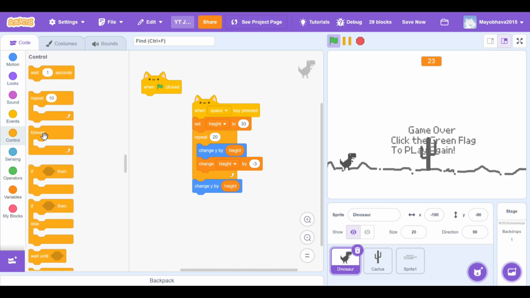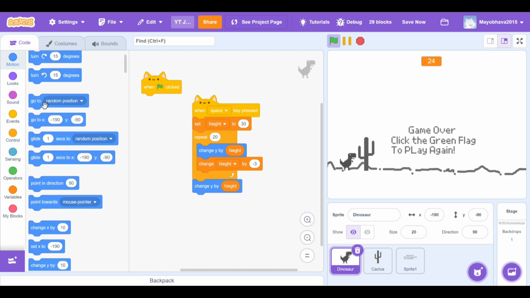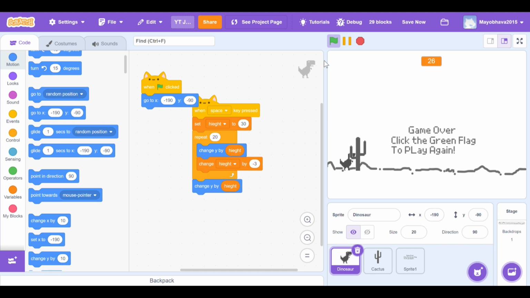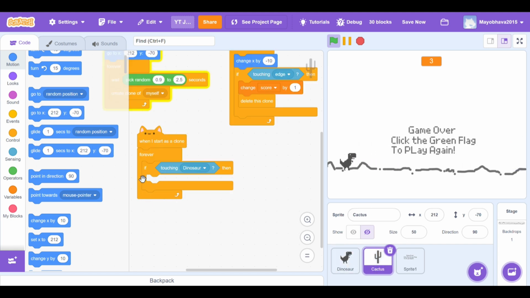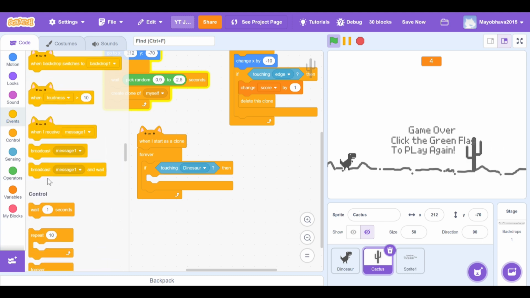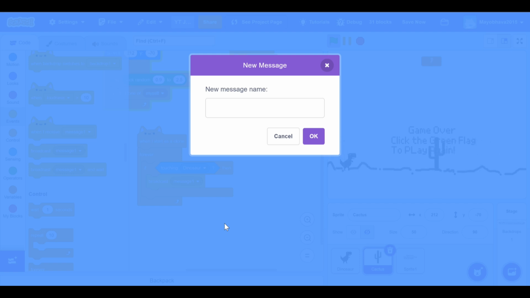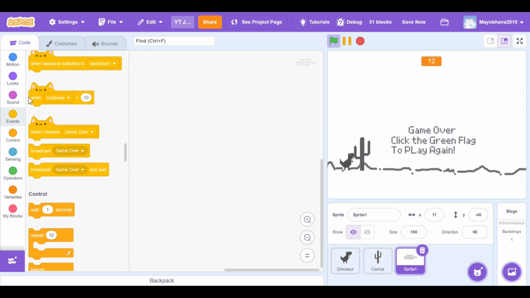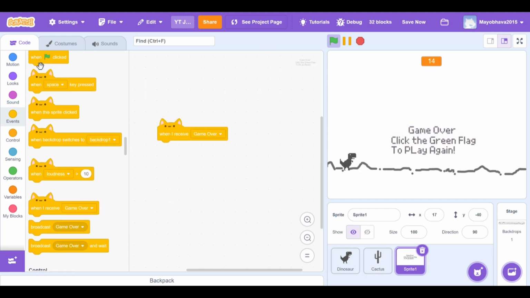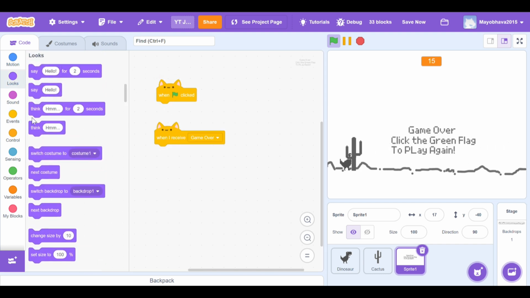When green flag clicked, go to minus 190. So now what we do is actually give a broadcast. The broadcast will say game over. So now when I receive game over and when green flag clicked,